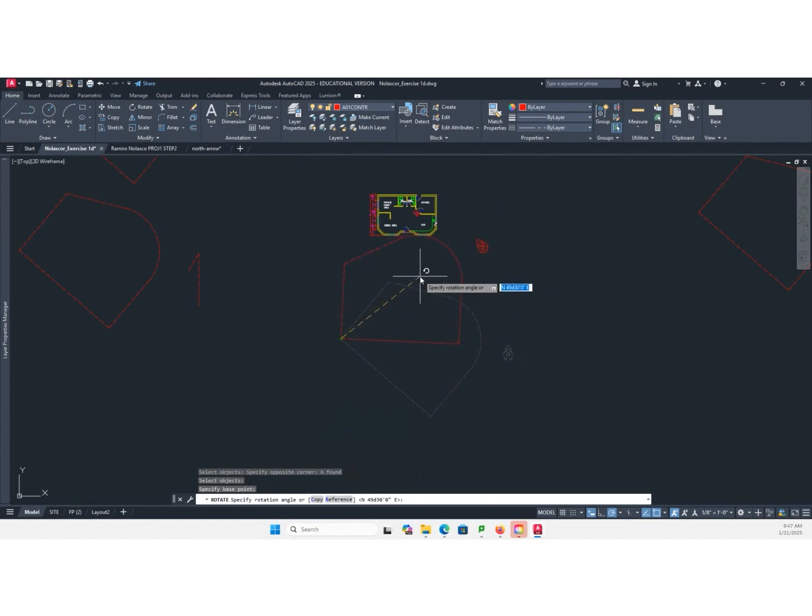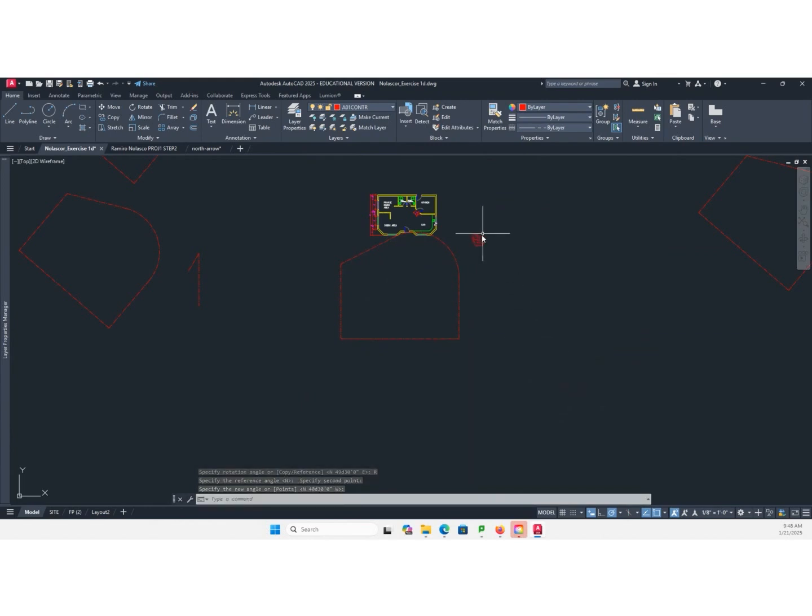But there's this beautiful option, reference. The reference is the angle that you want to be aligned to the property. So you click here. That's your first point of reference. That defines the slope. And then you can easily rotate this, snap to the 0 angle.